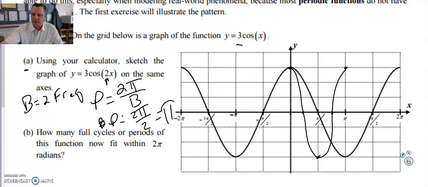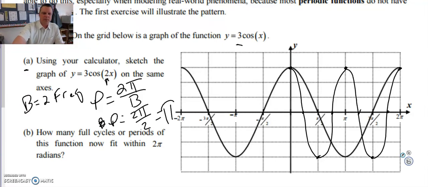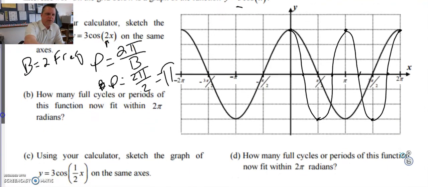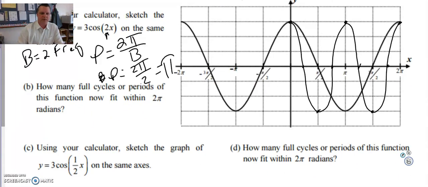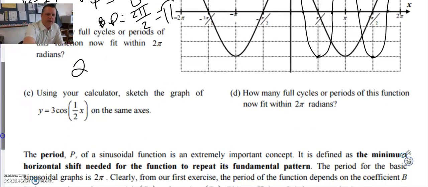So if we want it between 0 and 2 pi, same thing, it has to come down here and up here, and then in between, approximately there, would be your next curve. So that's what's happening when you have a 2 in front of the x. That means you have two complete curves between 0 and 2 pi. So that's what part B is asking. It's asking how many full cycles or periods of this function now fit within 2 pi radians, and that is just 2. And then, I know it says using your calculator, but you're going to have to put it on